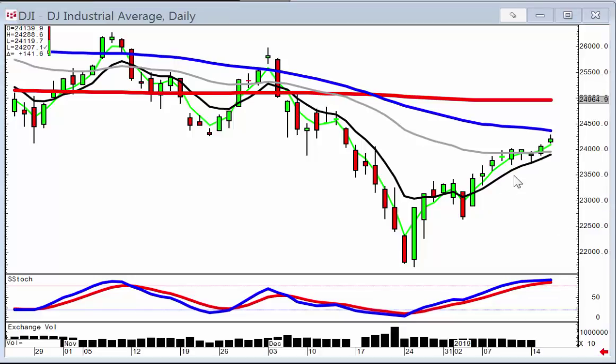The T-line, the 8 exponential moving average, is very effective with candlestick analysis to show when the trend is continuing. As we saw today, the Dow traded higher. It's not a very decisive uptrend. Each day is kind of a doji type day, but it's still moving steadily, and it's telling us that there isn't a lot of exuberance coming into the market. It's just a slow, steady uptrend with the likelihood the Dow and the S&P are going to hit the 50-day